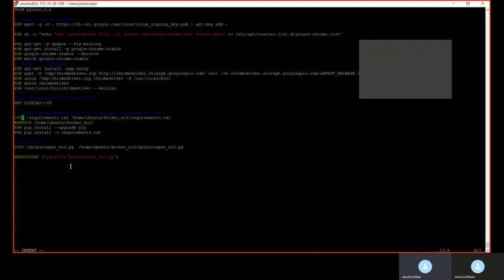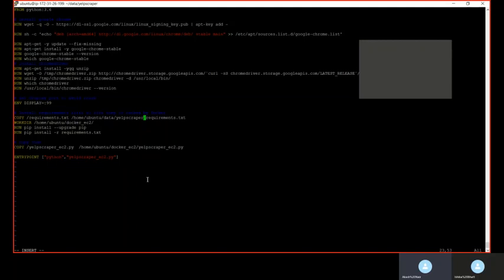So now change the path. Instead of your docker underscore EC2, type in data slash Yelp scraper. Okay. This is the location of your requirements.txt, right? Yeah. And now change your working directory also.